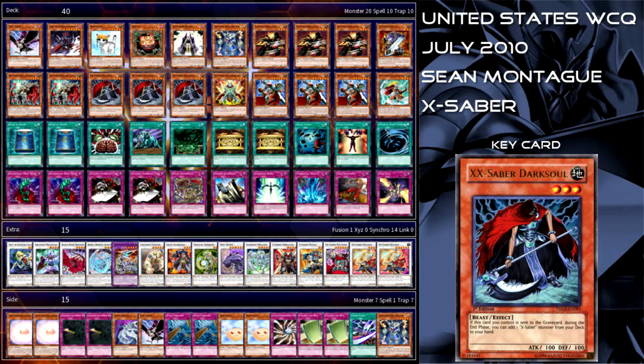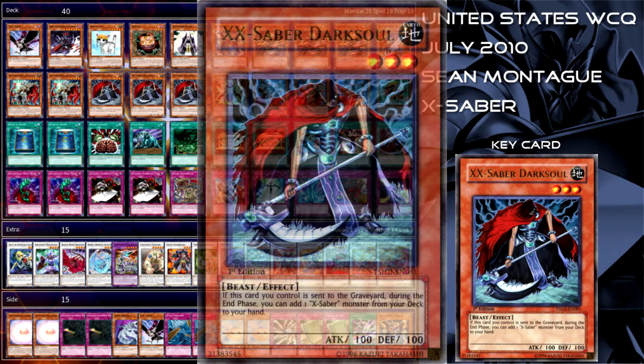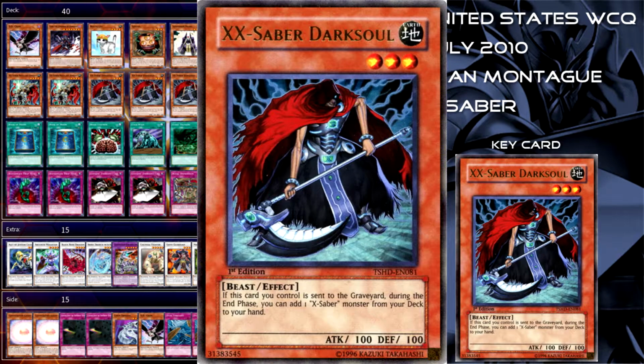actual X-Saber engine itself. But you see, back in July 2010, X-Saber Dark Soul worked a bit differently to what it does now. So let's read the card effect. If this card you control is sent to the graveyard, during the end phase, you can add one X-Saber monster from your deck to your hand. The ruling in 2010 was, you could search as many times as the same copy of Dark Soul had been